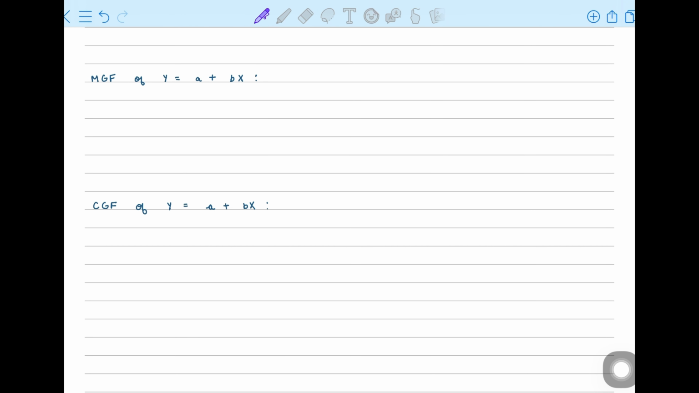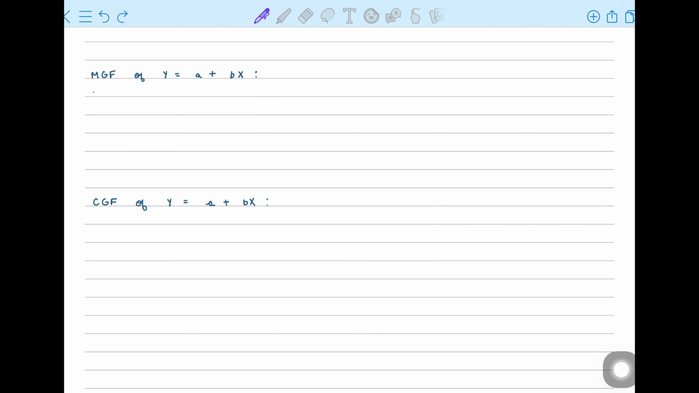Suppose we're asked to derive the MGF of y. The standard form for the MGF of y is given by the expectation of e to the power ty. This can be written as the expectation of e to the power t times a plus bx. As we can observe here, this again is the standard form of the MGF. This gives us